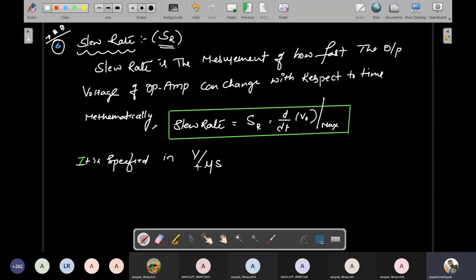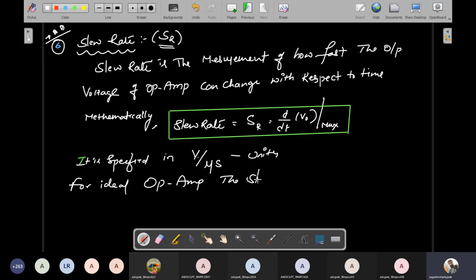These are the units of the slew rate, where Vo is the output voltage, in volts per microsecond. And for an ideal op amp,